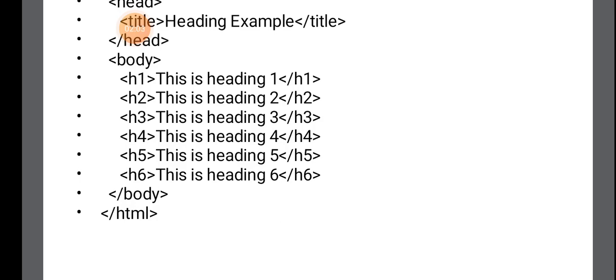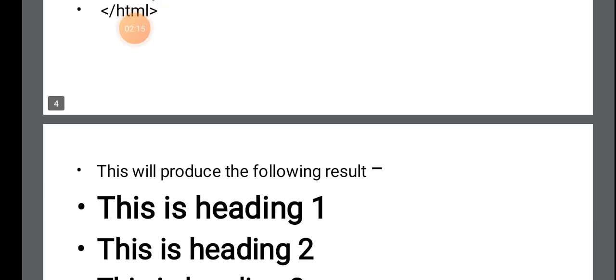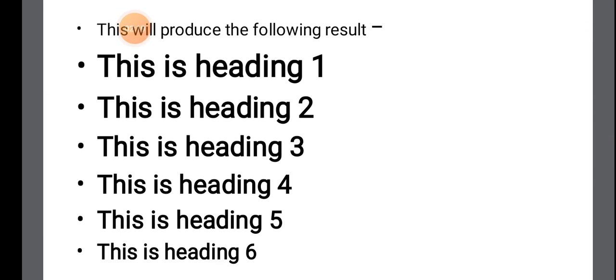Like this you can also write various sentences you want. Now come students, we will see the output of this program. Look at the output. I had written every tag in the program, everything was similar. But now look at the output. The 6 levels of heading have produced the statement in various sizes.